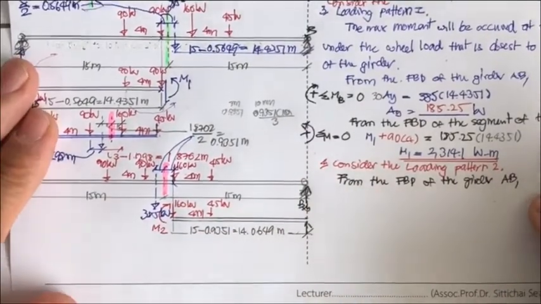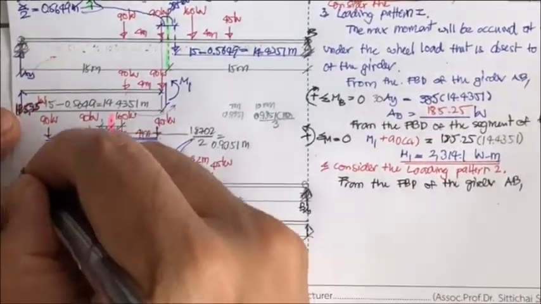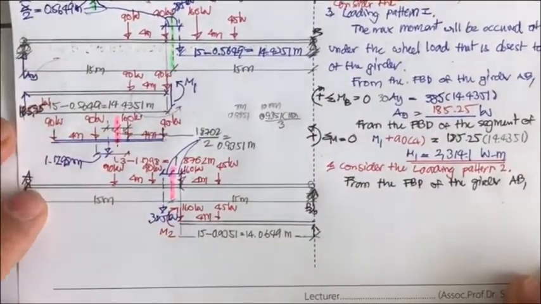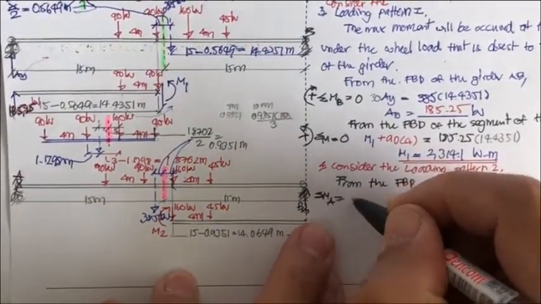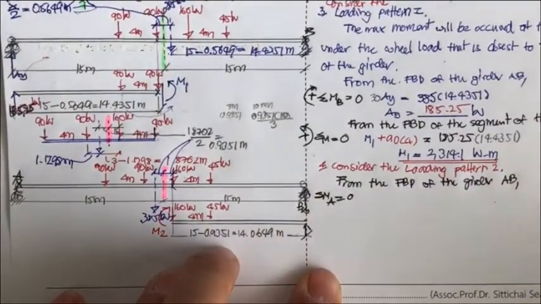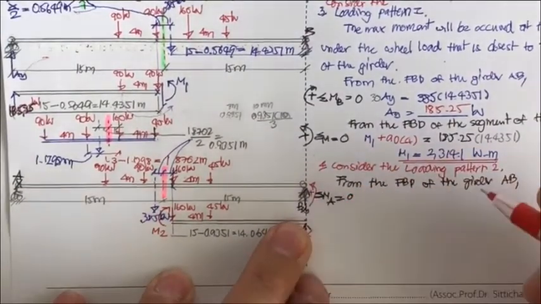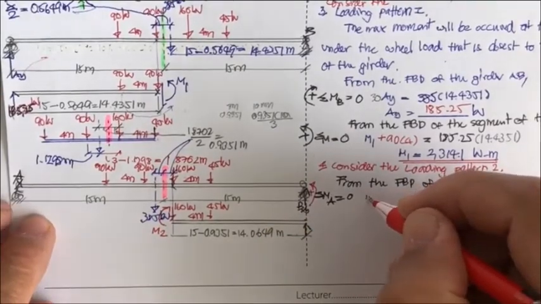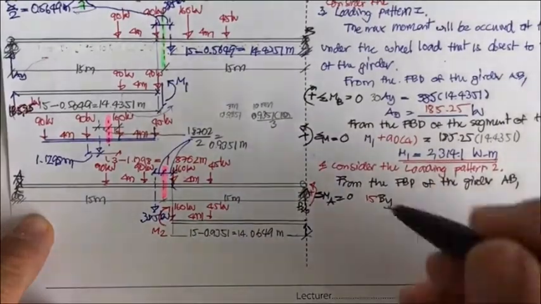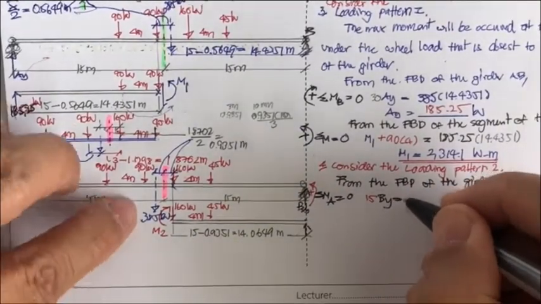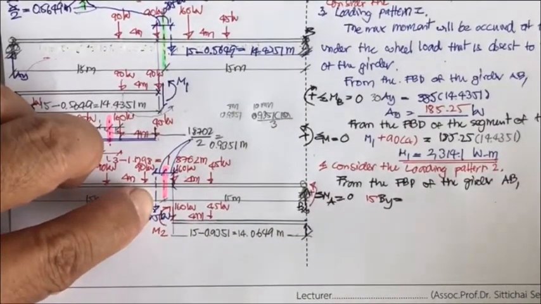This time we do the summation of the moment about A equal to 0. This time B sub y is going to rotate like this, and we have 15 times B sub y, and it's going to equal to the F sub R,